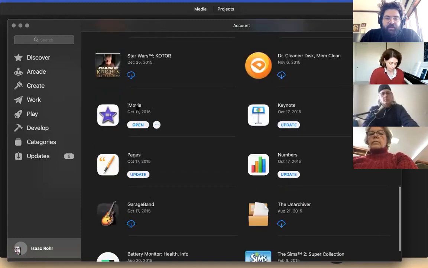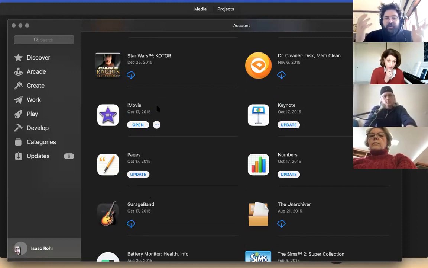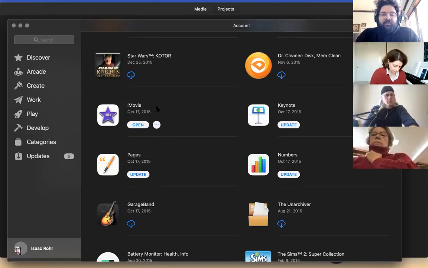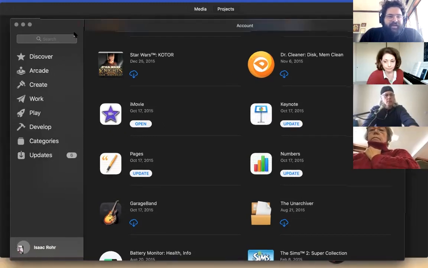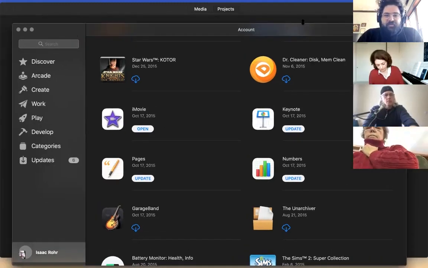Mine happened to be down here. And what will happen is you'll have the same download button like you would normally expect. You'll click that, and then it will say essentially that your current iOS or version of the software that you're running isn't compatible with the newest version. Would you like to download an older version? And all you have to do is click yes, and it'll download the most recently compatible version for you. So I thought that might be important to know. And then let me really quick just jump over to the mobile version.